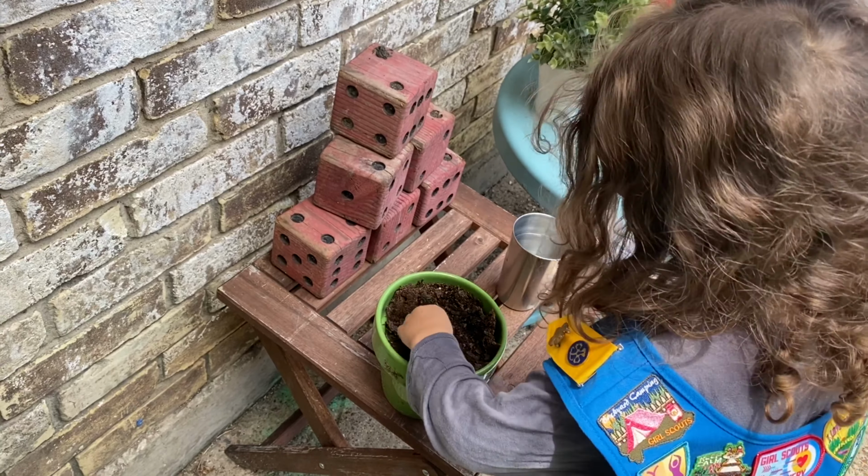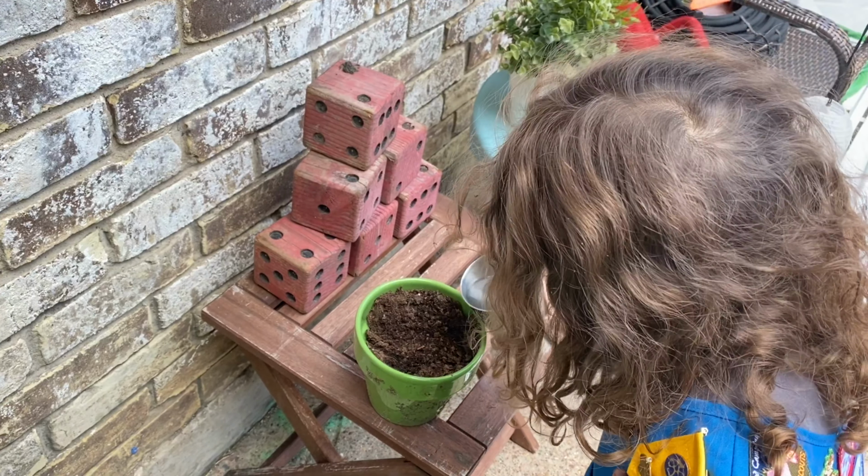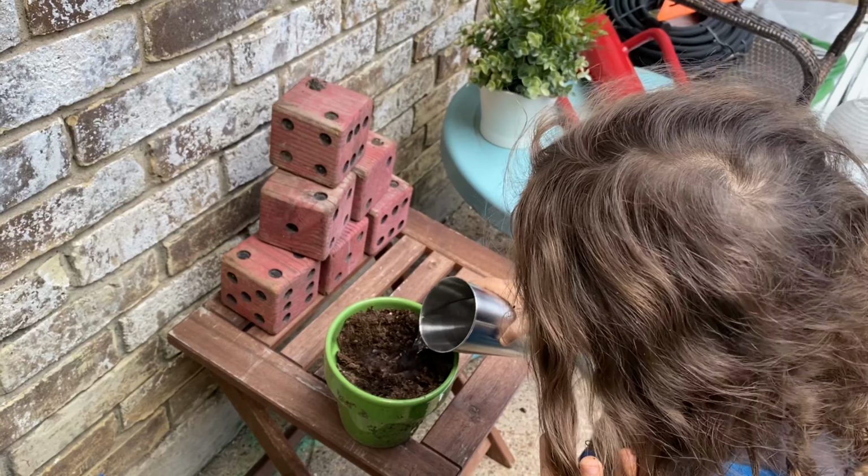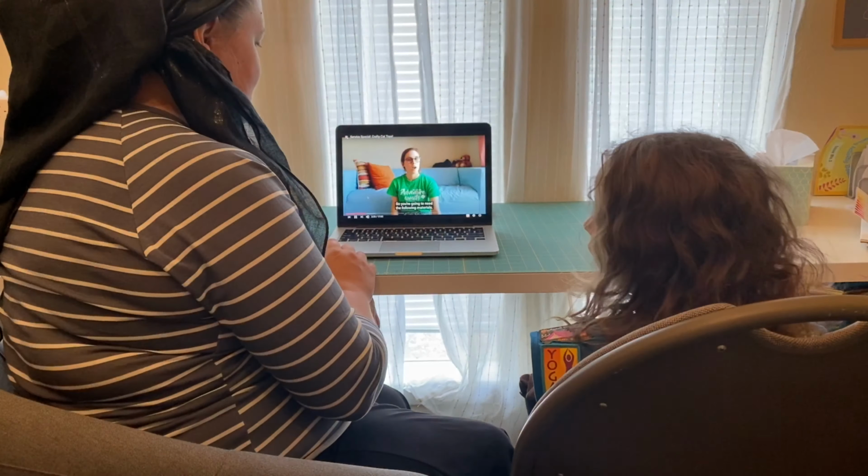I grabbed an empty pot, put some dirt inside. She had her seed packet, and so she was planting some beans, and then she watered them, and she was all set. And so we're just going to keep an eye on this every day. She'll go out and water it and take care of it,